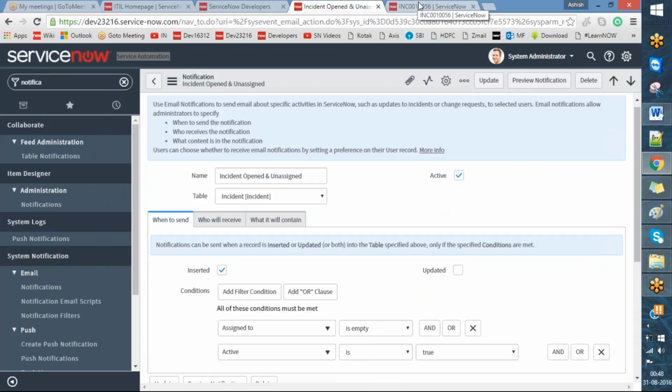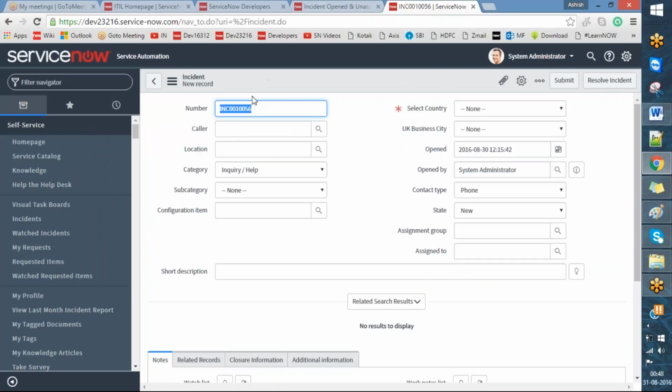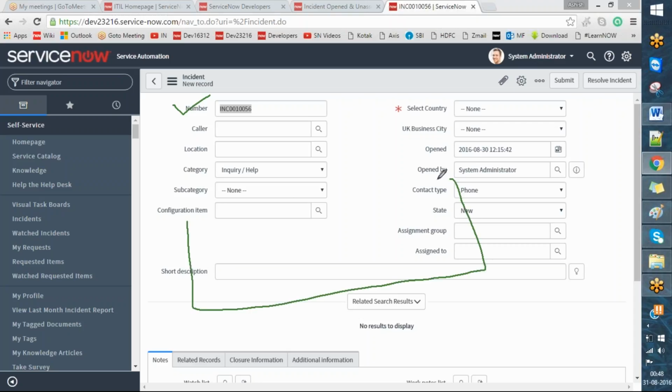A small thing: how to access the field. For example, if you want to access the number field in the notification, let's take it this way. Example, this is your notification. If you want to send this field in the notification, then what you need to do is